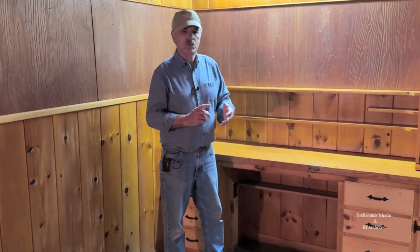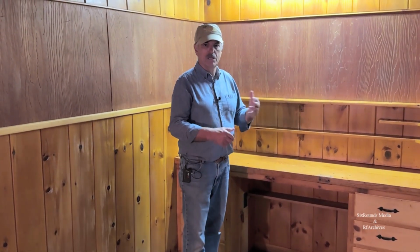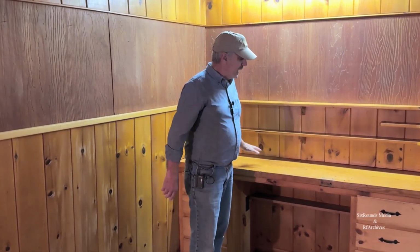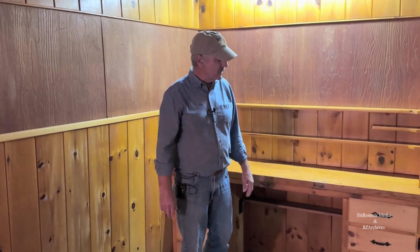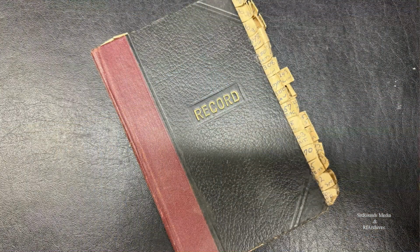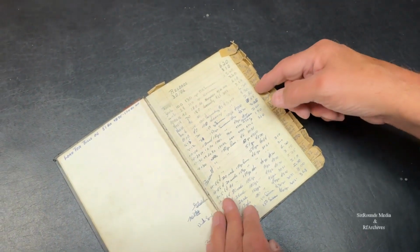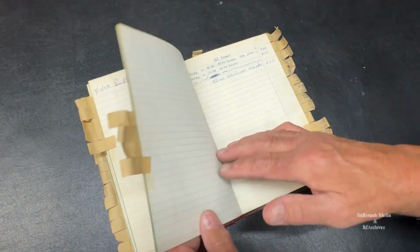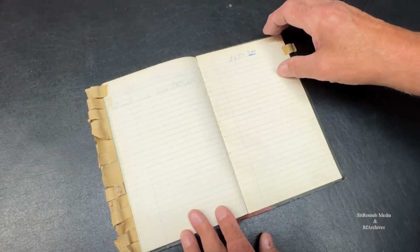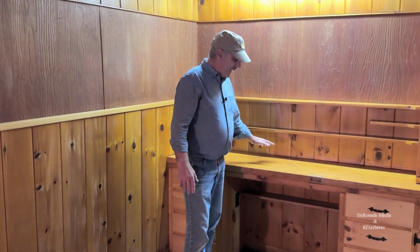And in fact, this is what I did early on in my mid-teens, from say 14 to 17 or 18. I used to do a lot of the reloading for Rodys Gun Shop. And I still have the original book with all the client names and special loads that they were asking for their rifles and their handguns. It's really cool that that document still exists. But this is where we did all of our reloading. And this is the tour of Rodys Gun Shop from 1962 to